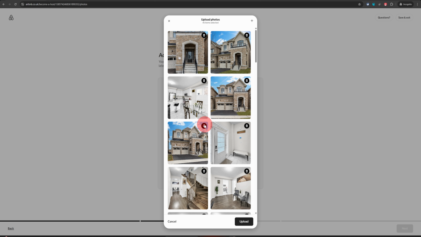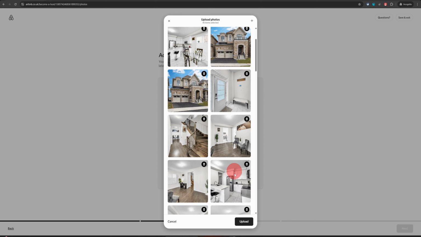Try and have 2 pictures of every space in your property from 2 different angles. And try and include a photo which shows the entire property from the outside, and possibly you can try and show the street as well. It is extremely important for people. And don't worry about the order of the photos here because we are going to revisit all of this at a later point. Once you've added all the pictures you wanted to add, just click on upload,